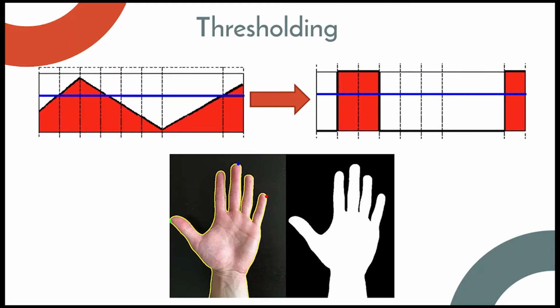Now let us see how thresholding is done. To change a pixel value to either 0 or 255, we need to have a criteria. This criteria is nothing but choosing a threshold value. As you can see, the graph represents the pixel values in a grayscale image. The blue line represents the threshold value. Now all the pixels greater than the blue line or the threshold value are changed to 255, and all the pixels that are less than the threshold value are changed to 0. The output of that process is given on the graph on the right.